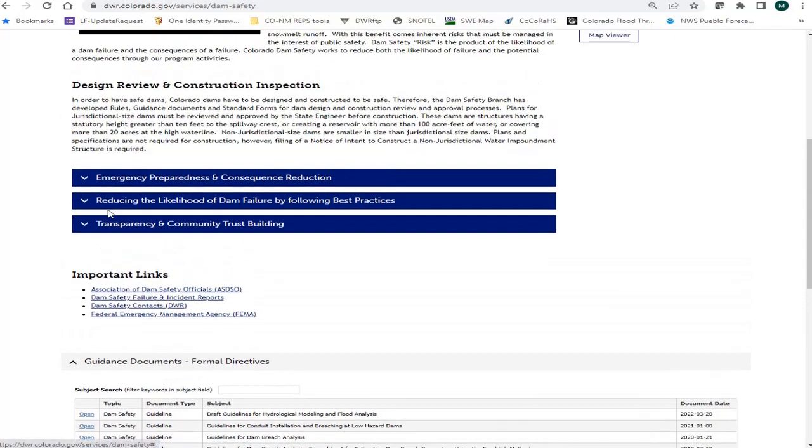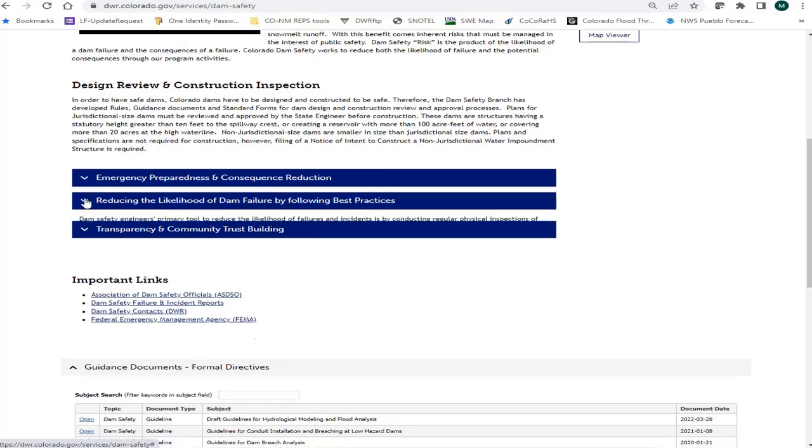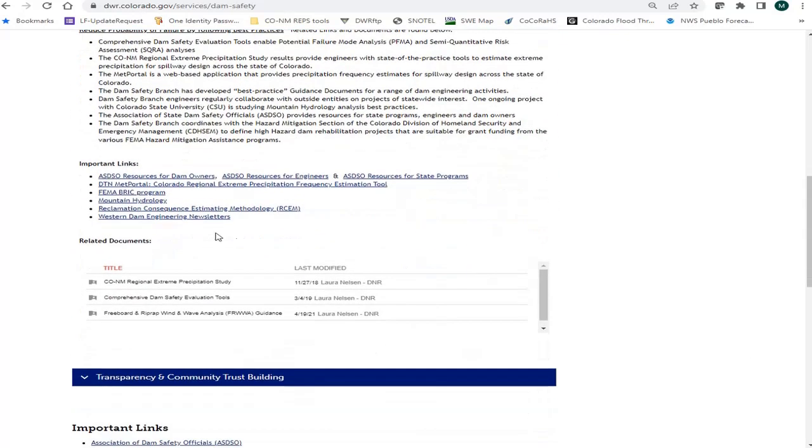All right, and then up to the blue bars, we have reducing likelihood of dam failure by following best practices. So if you drop that down, there's a lot of interesting stuff in here, but of interest to us here is that we have an overview of hydrological evaluation and design processes document that is the basis for the tutorial presentation here today. And that is kind of buried at present. We'll try to bring it up